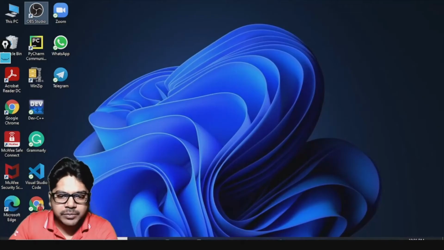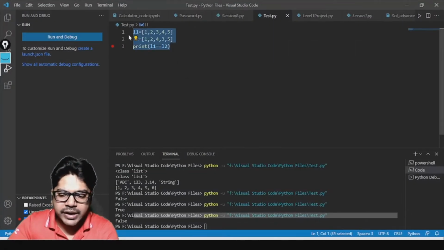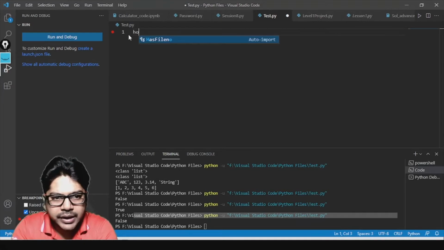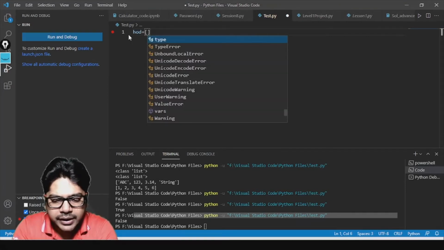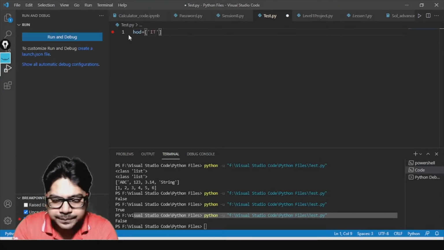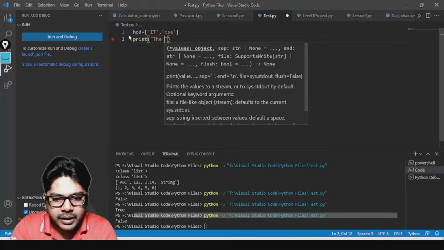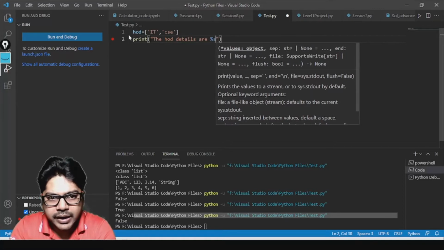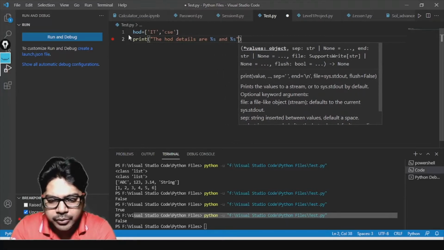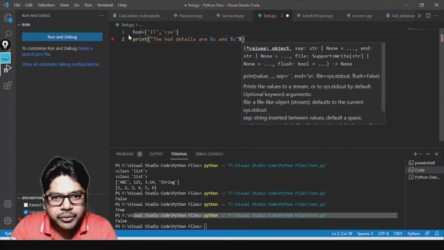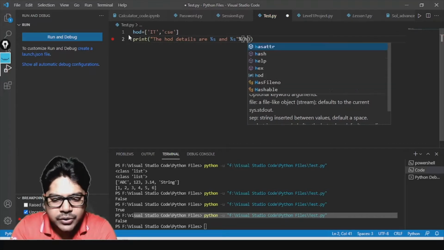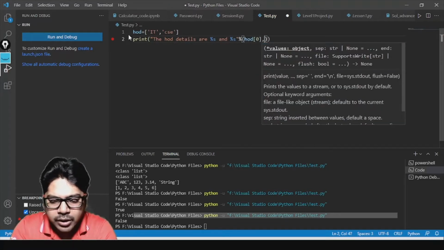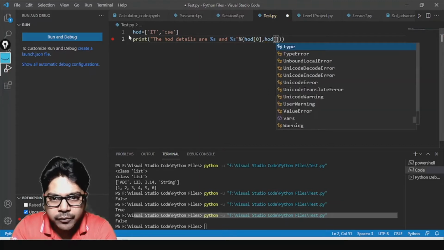Okay, so let me make a simple example, not in that much detail. Here let's suppose I am creating HOD equal to a list like IT, CSE. These are the two HODs I am creating, and then I am printing "The HOD details are %s and %s", and here I am going to write HOD[0], and then comma, HOD[1].